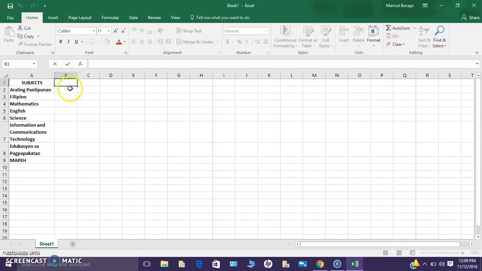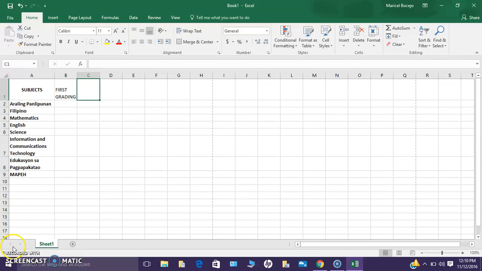So let's now proceed in typing first grading to fourth grading, and then fourth grading.